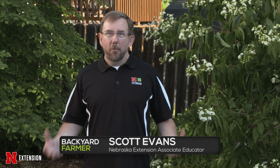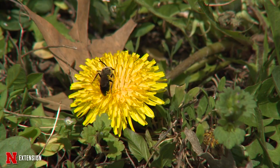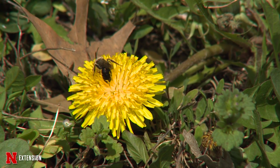Summer's coming to a close across Nebraska. However, there are a couple different things that we can be doing to make sure that our landscape is still providing for our pollinators before we put our gardens to bed. We know that native insects tend to like our native plants, but during the fall, some of those floral resources